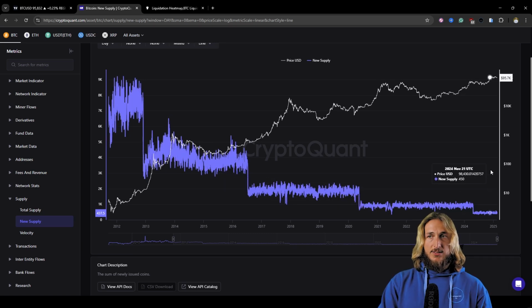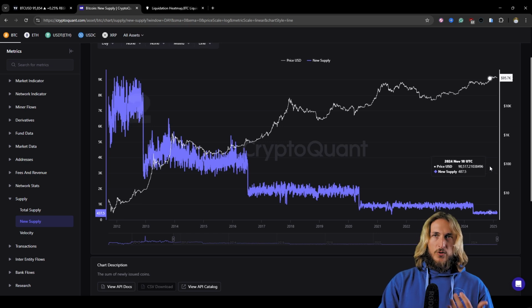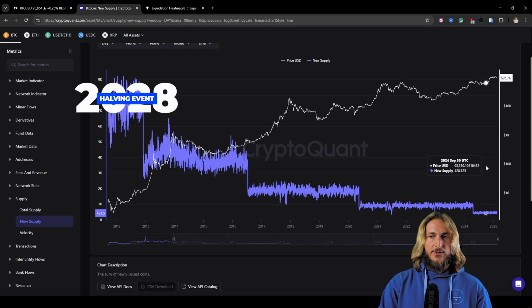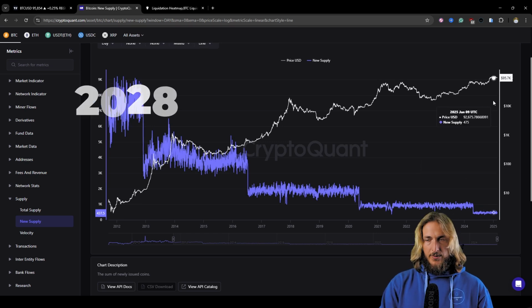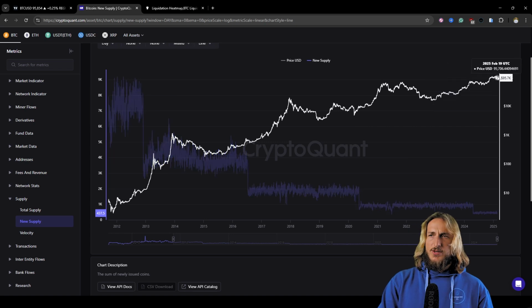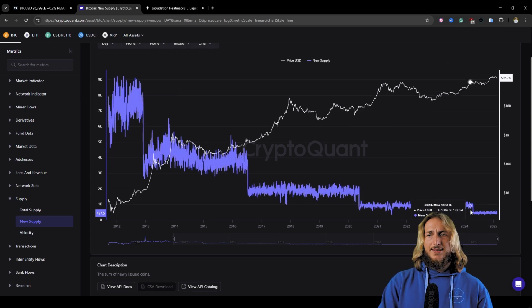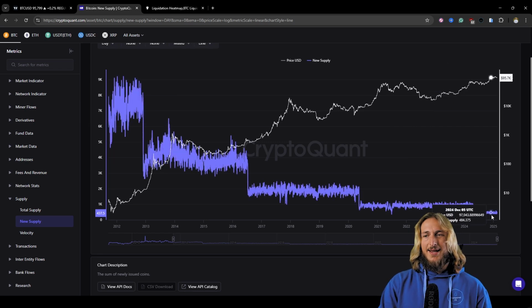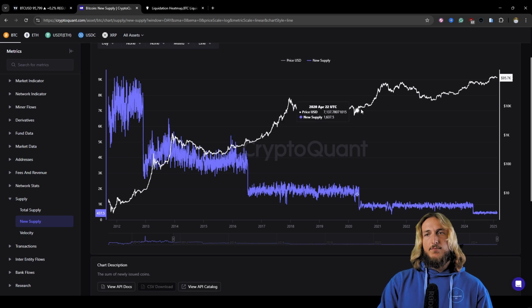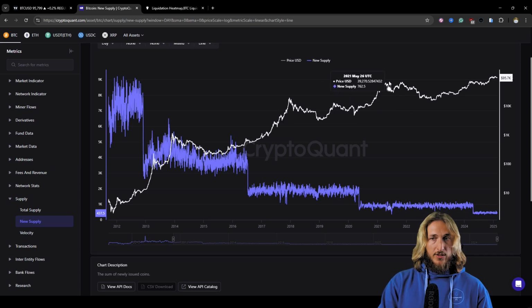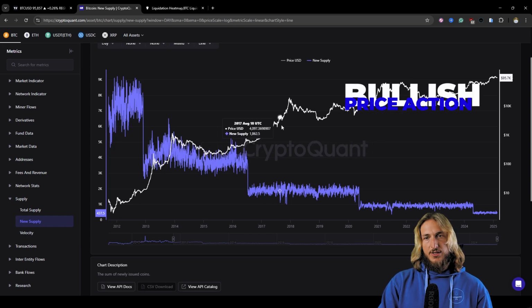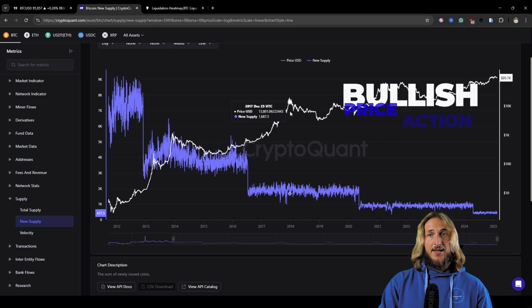The next one is coming in around 2028. Now, the exact date depends on the block, so we really don't know so far. Now, in a situation like this, where the new supply has been cut in half, usually the bull market lasts a bit more, okay? In the past, there has been more bullish price action being created after the halving hits